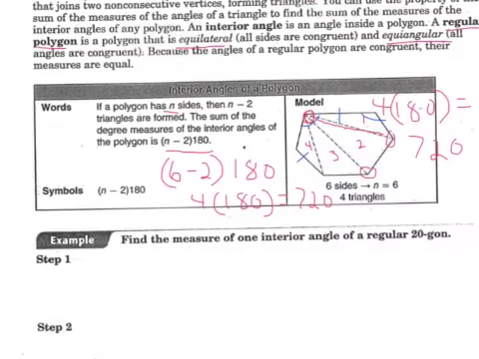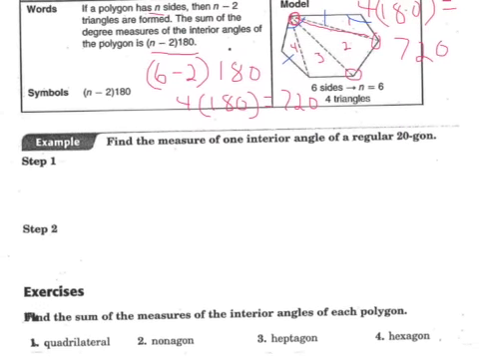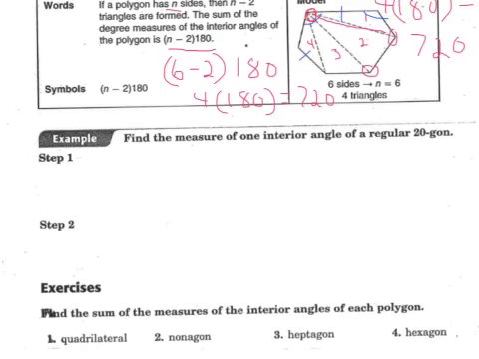So let's move on and take a look at our first example. In our example, they want us to find the measure of one interior angle of a regular 20-gon. So a 20-gon is a polygon that has 20 sides. So we can use the formula that we just learned to figure out the sum of the interior angles. We can find how much all of the angles together add up to by using our formula. So n is going to be 20 because it's the number of sides, minus 2, times 180 is going to give us